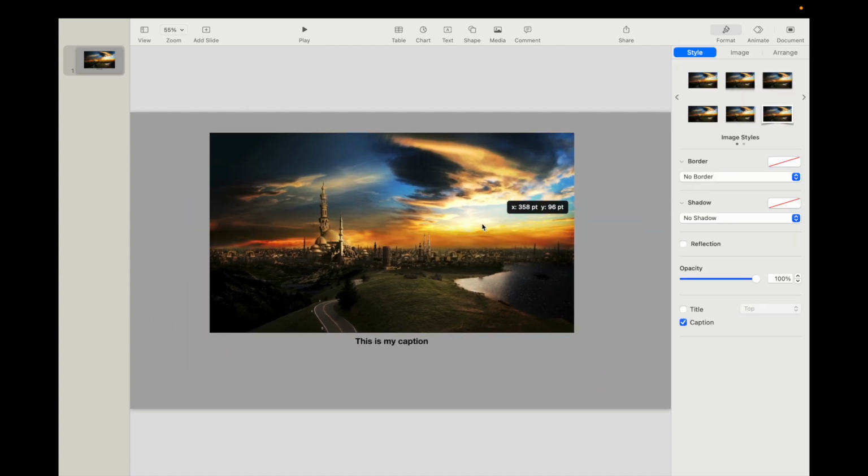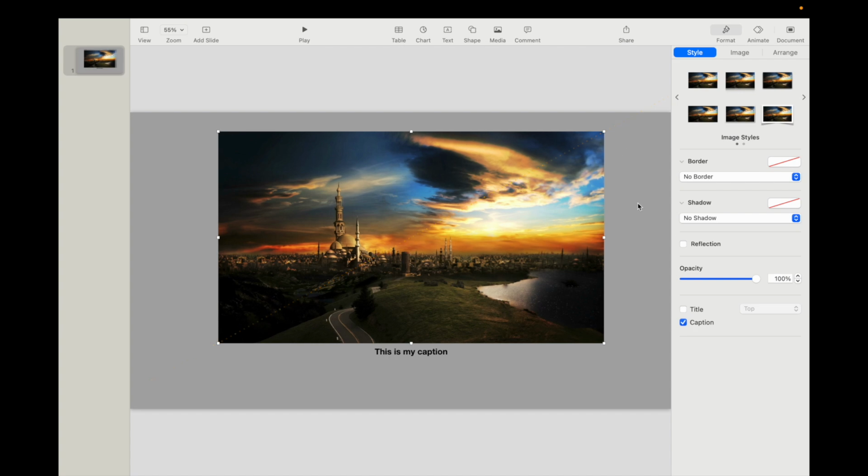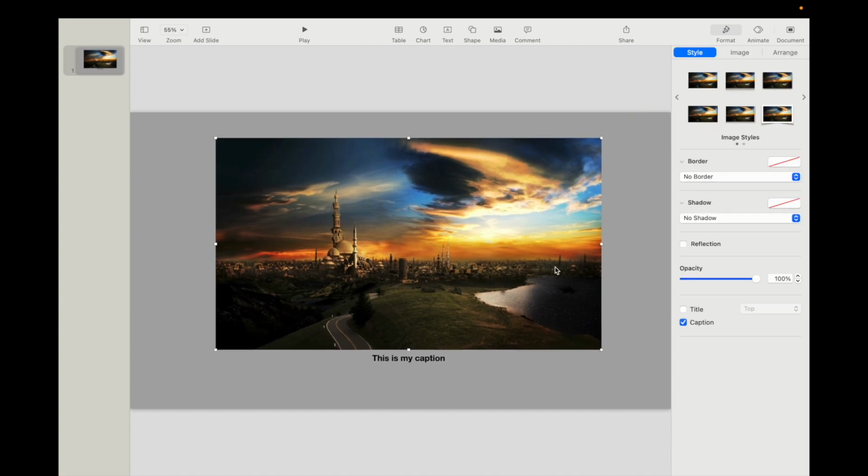What this does is it now follows your photo around, and if you make your photo larger or smaller, it'll adapt accordingly. If you want to get rid of the caption, press on your photo, uncheck caption, and it's gone just like that. So very simple, very straightforward, but that is how to add a caption to an image here